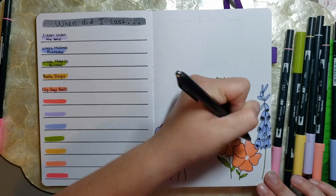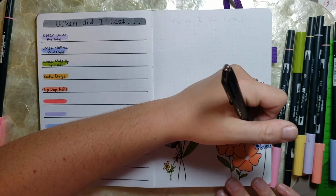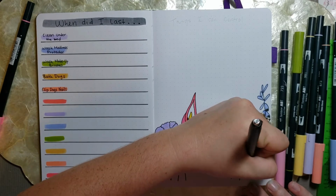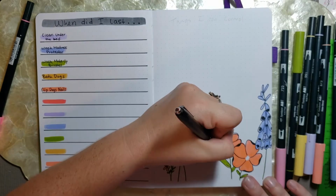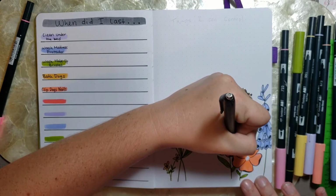I know I've done it before, but these are one of the best black pens I have found on the market today. They're up there with my Papermate Inkjoy. All of you who watched my very first videos know that I swear by the Papermate Inkjoys. The only